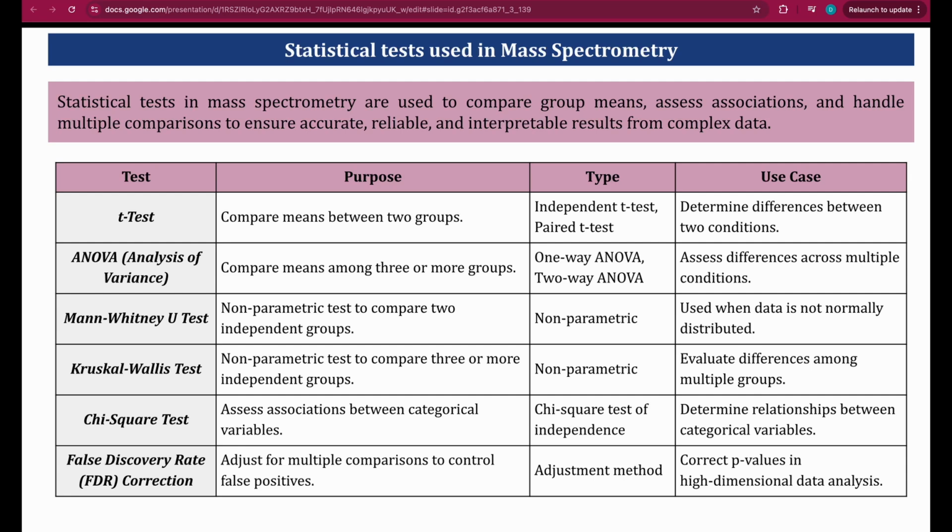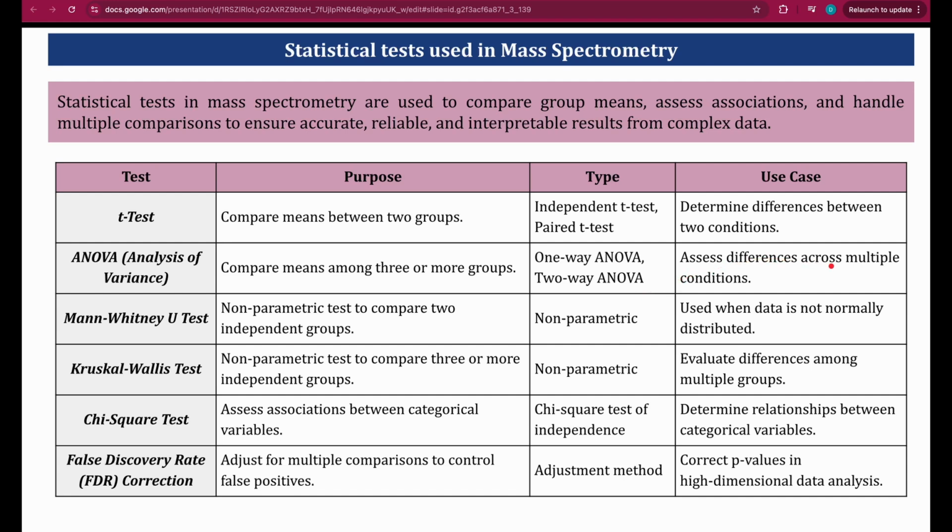So this is one kind of test where you compare two different conditions and interpret whether they are different or not. Then comes ANOVA, which is analysis of variance. In t-test, as I have said, there are only two groups, but in case of ANOVA, if you have multiple groups and you want to compare their means, you will go for ANOVA. There are two types of ANOVA, one-way ANOVA and two-way ANOVA, and these compare the differences